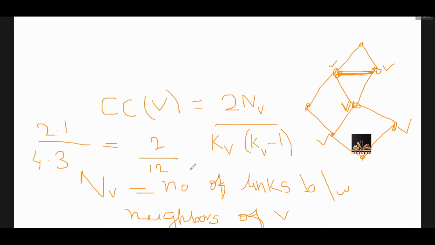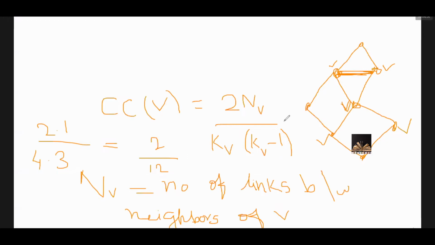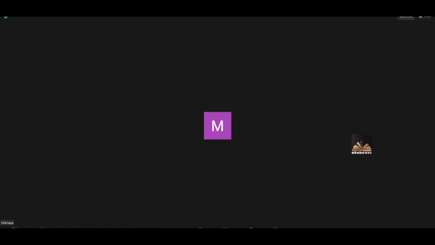1 by 6. So in this way, you have to make it into decimal points and search for the answer. In this way, you have to find the clustering coefficient of any node which is given in the graph. Okay, is this clear to everyone? Please try to remember this formula in order to find the clustering coefficient. Is this clear? Yes or no, everyone? I'm concentrating on problems so that you will be able to solve them in case they are given. Okay, so next one.